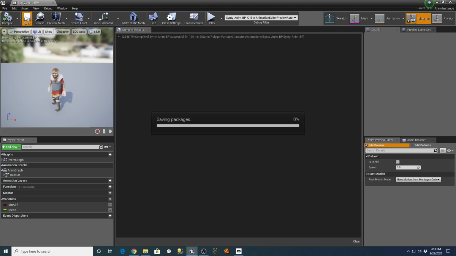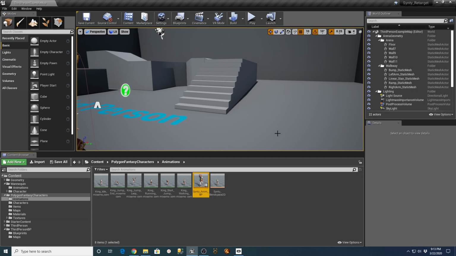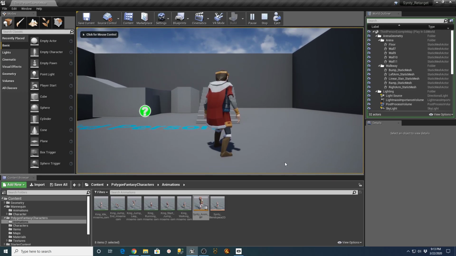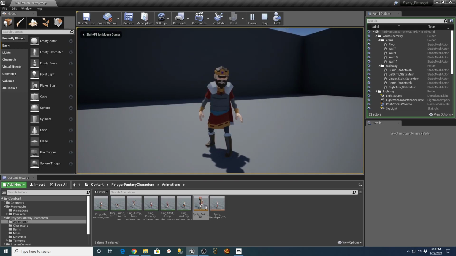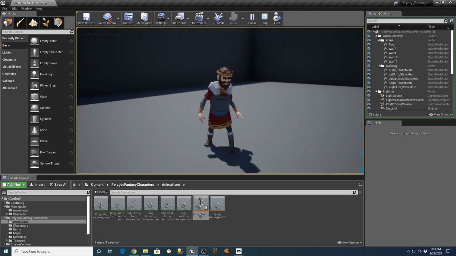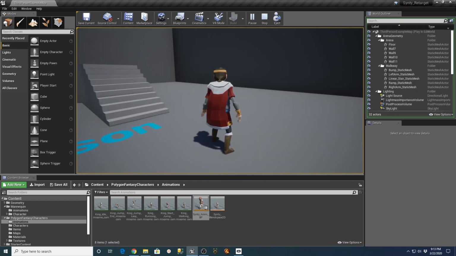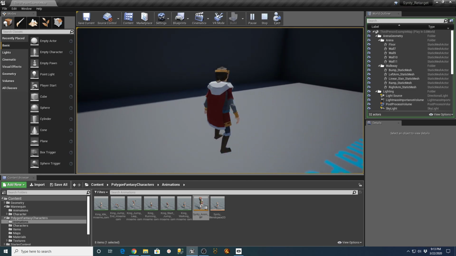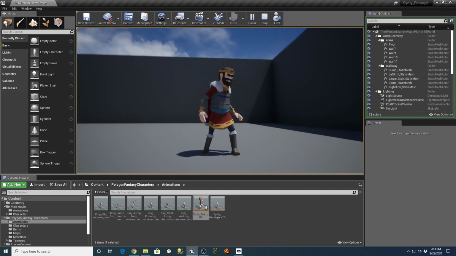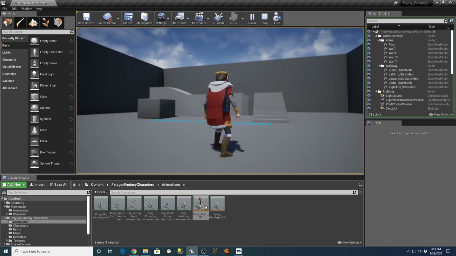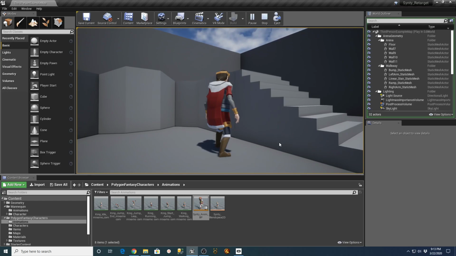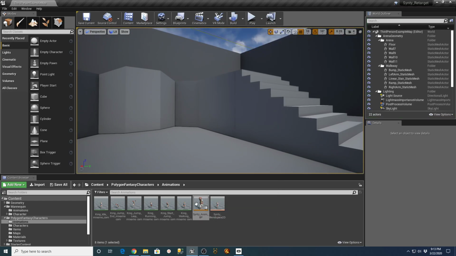So with that being said, what we should be able to do now is go out here and hit play. And we have our king. He's idle. You can see his arms moving around. If I decide to run, what's going on there? Why is that doing that?